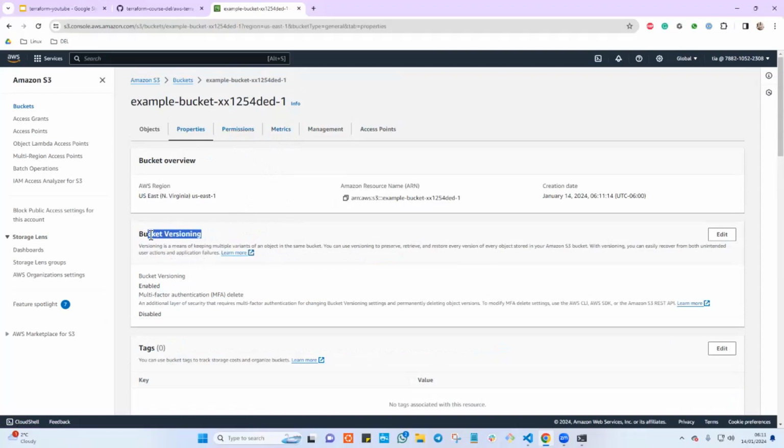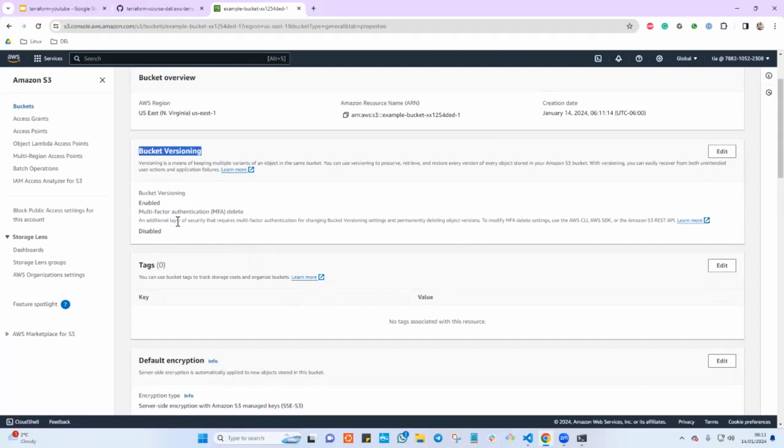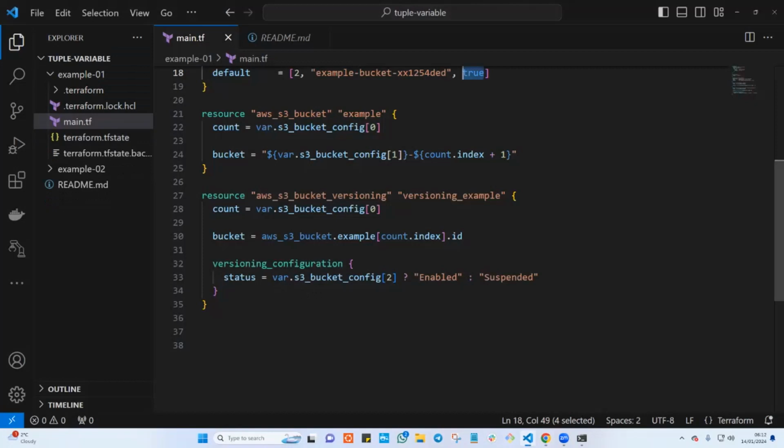The bucket versioning is enabled, as you guys can see here. If you go and change this again in our Terraform configuration code and put this one as false, and put this as false,